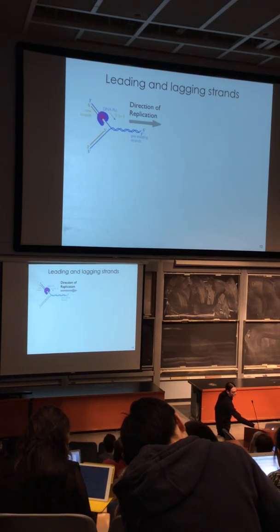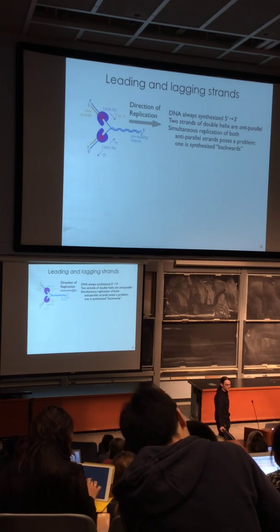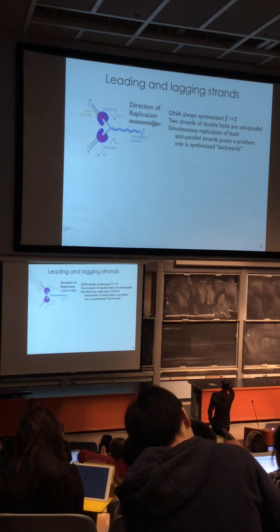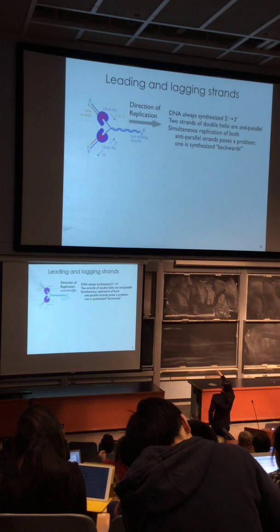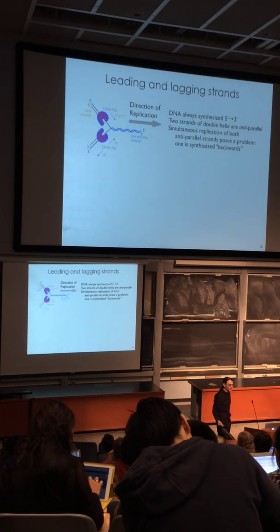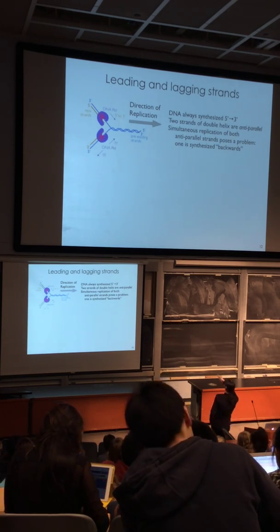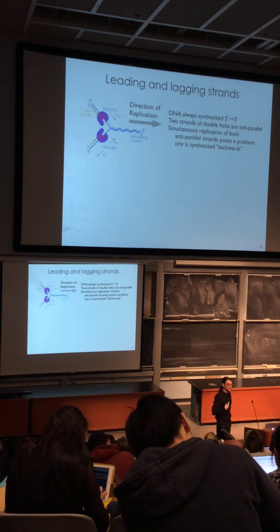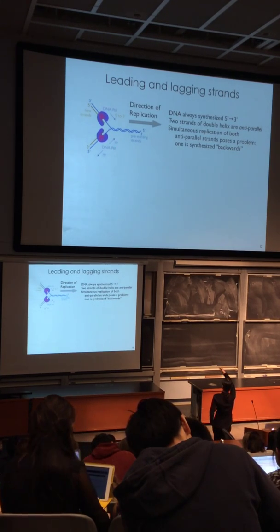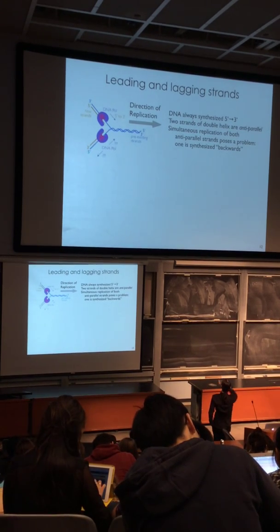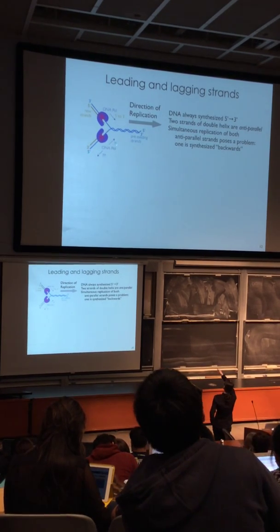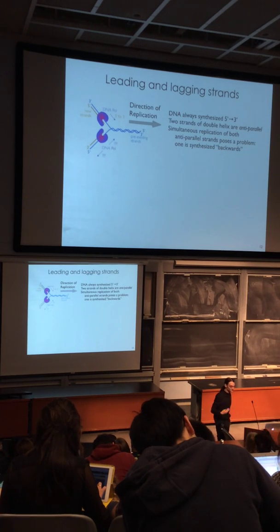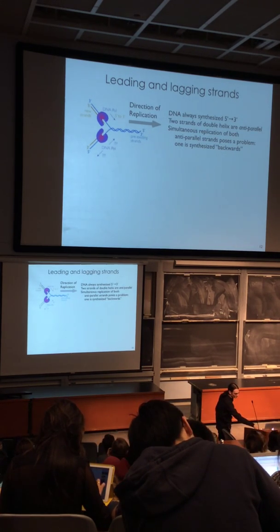And so this problem of the simultaneous replication of anti-parallel strands: which way does this DNA polymerase go? The leading strand is the one that's synthesized quickly, easily, and continuously. And this lagging strand has this problem that the polymerase moves this way in each individual step, but its net movement is in this direction. And so the solution to